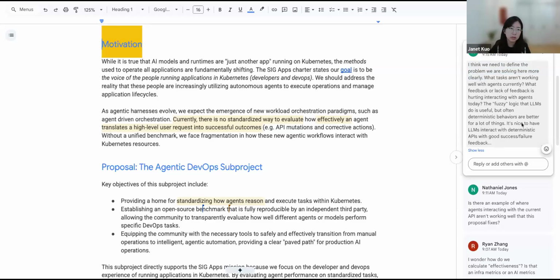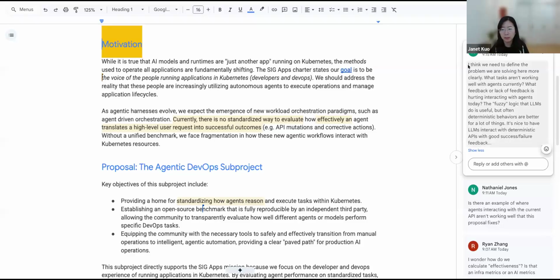So this is an effort for the community to come together and develop a set of common tasks that we think are important for DevOps, and then also provide the reference agents for how to perform those tasks.